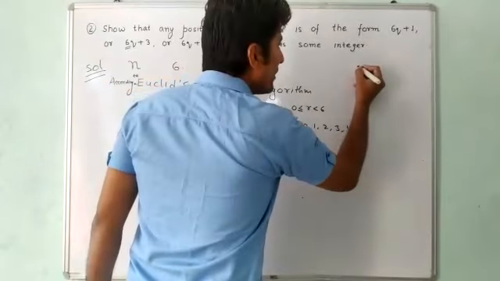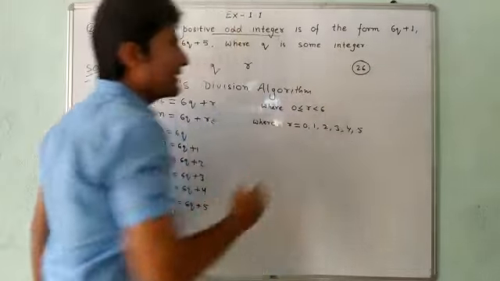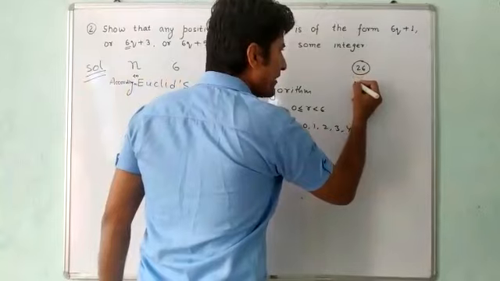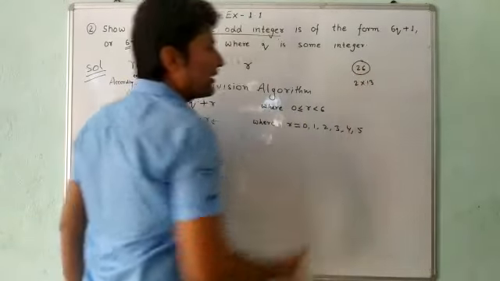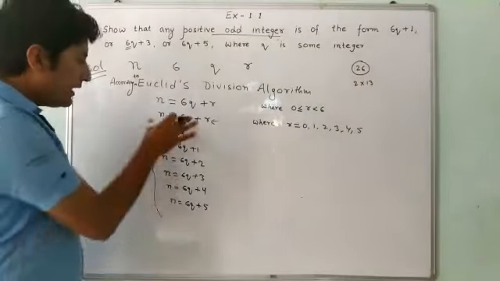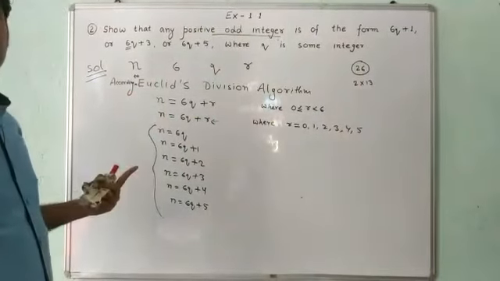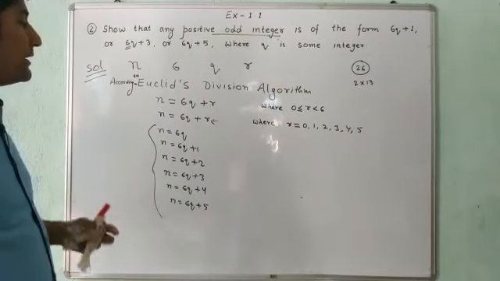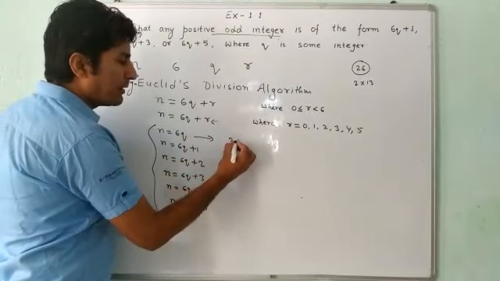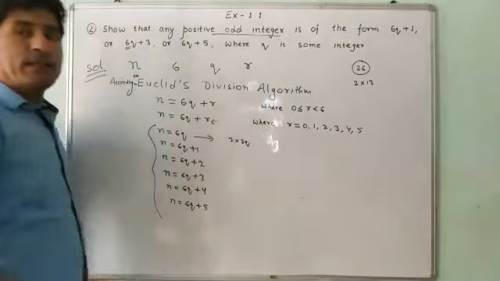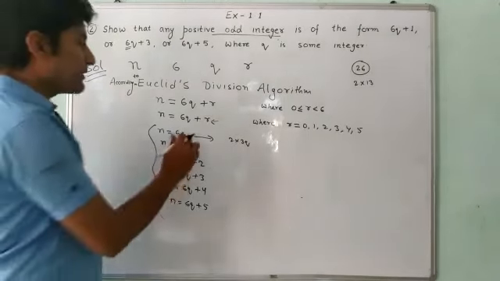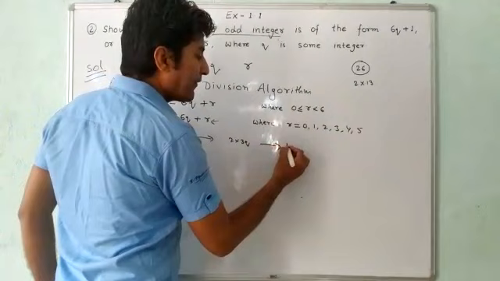Suppose we are talking about 26. This 26 is completely divisible by 2, or we can write 26 as 2 multiplied by 13. It means all the even numbers are multiples of 2. Similarly, here we have to find those numbers which are not completely divisible by 2. If we are talking about 6q, we can write 6q as 2 multiplied by 3q. So this is an even number. This number is completely divisible by 2. That's why 6q is an example of an even number.